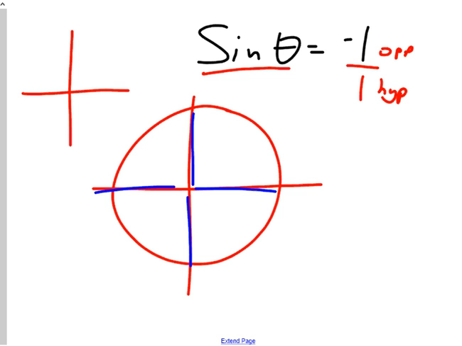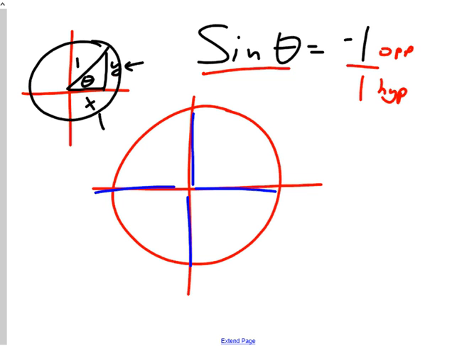Just going to show you that little picture again quick because some people are like, why is sine equal to Y? That's so confusing. If this is X and this is Y and this is theta and they're on the unit circle, so therefore the radius would be 1, think it through. Sine would have to be opposite over hypotenuse, which would be Y over 1, so sine is Y. Cosine's X. And tangent must be opposite over adjacent, Y over X. All right, so sine's Y. It's technically Y over r, but in the unit circle, r is 1, so it's Y over 1, which is Y. Okay, so if sine's the Y, which of these spots, here, here, here, or here,